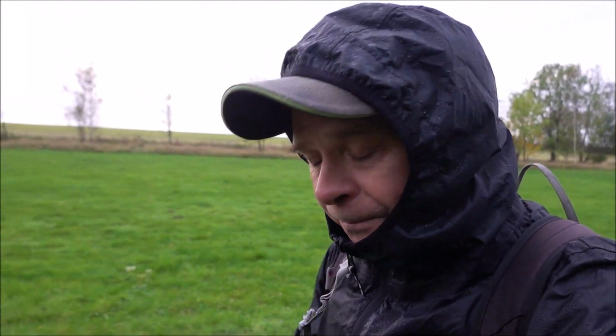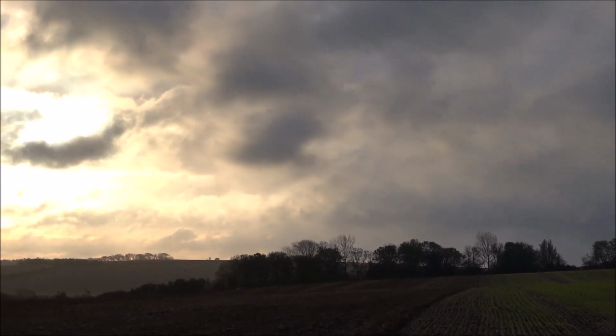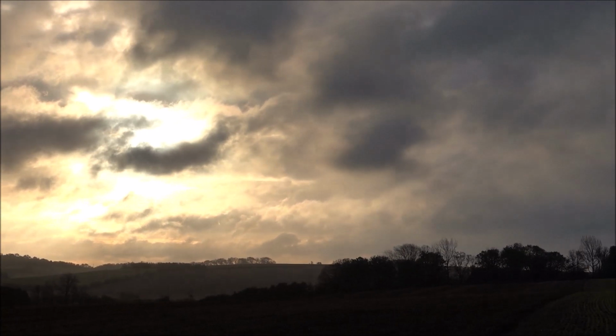A bit of a cloudy morning, but we'll persist with it, and there is forecast of sunshine in an hour or two. Been a difficult autumn really, there's been so much rain and wind. Anyway, we'll see what we can find. There is some sunshine promised for later in the day